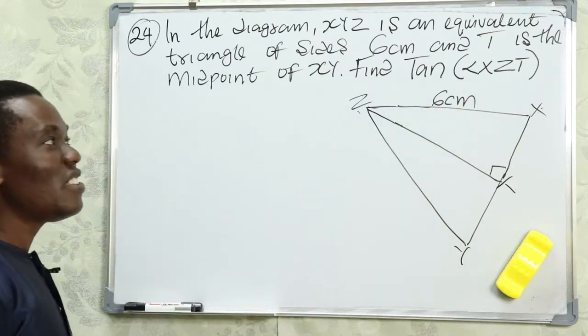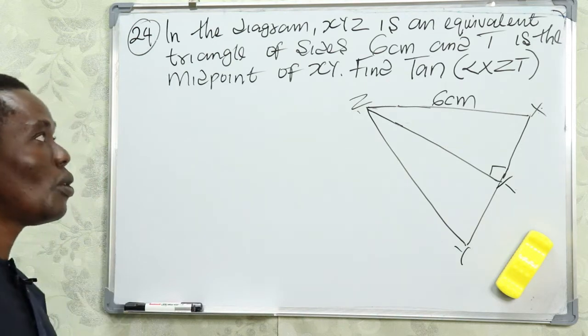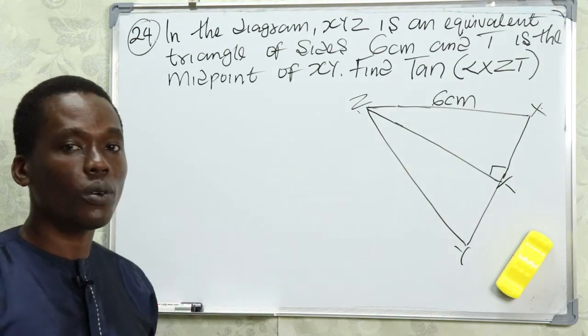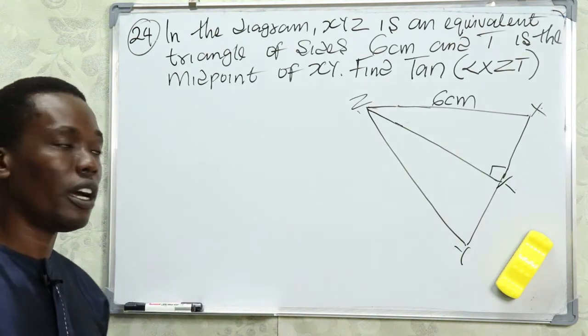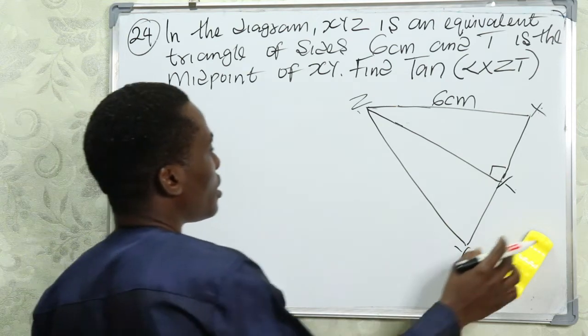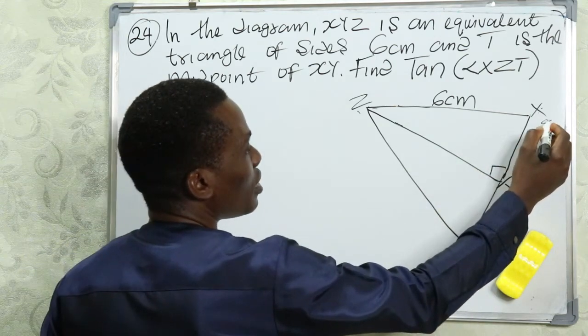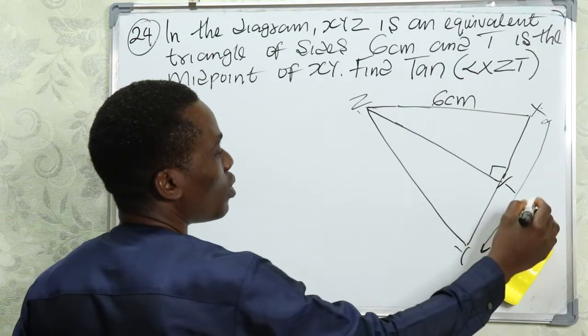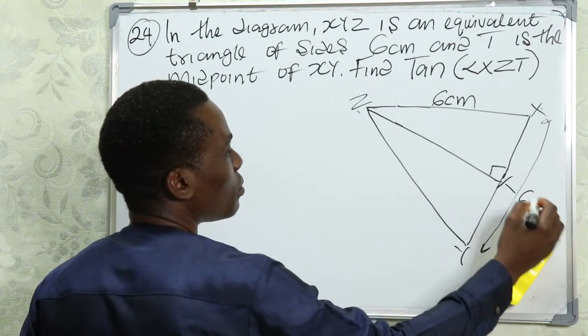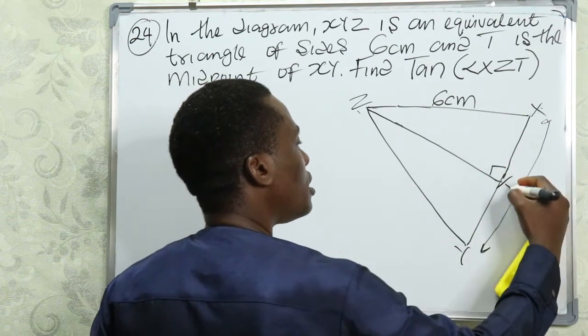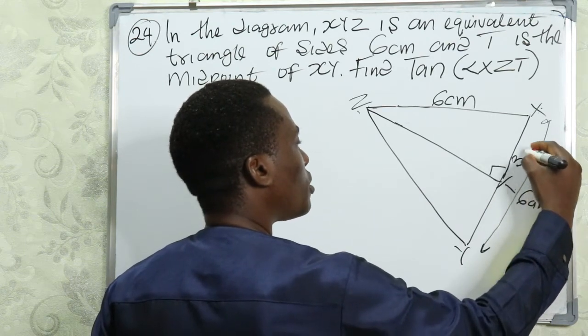Now this is an equilateral triangle, and in an equilateral triangle all the sides are equal. Now if all the sides are equal, that means this side and this other side are 6 centimeters. So since this is the midpoint, this will be 3